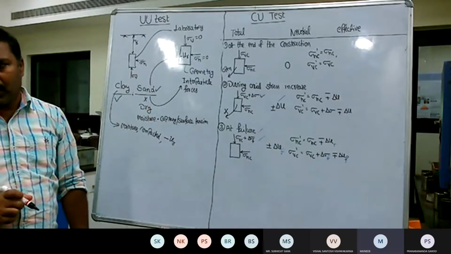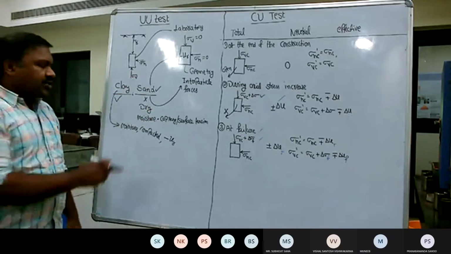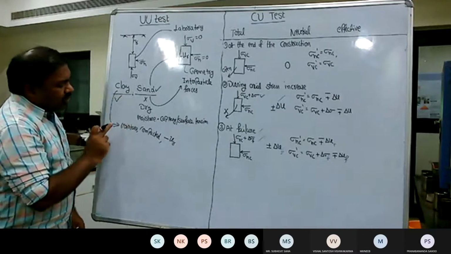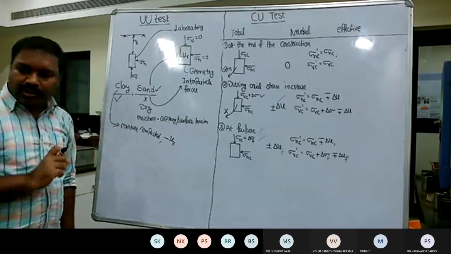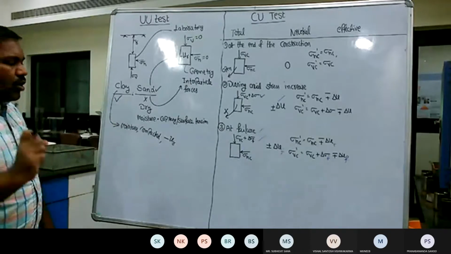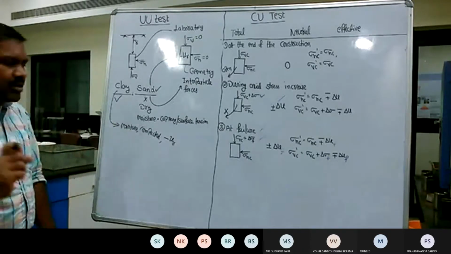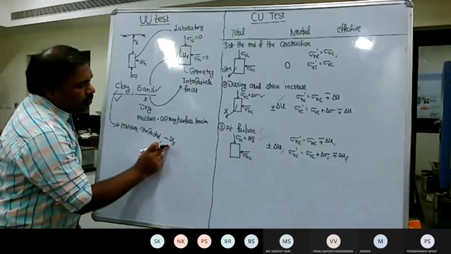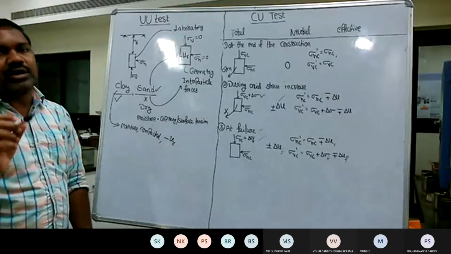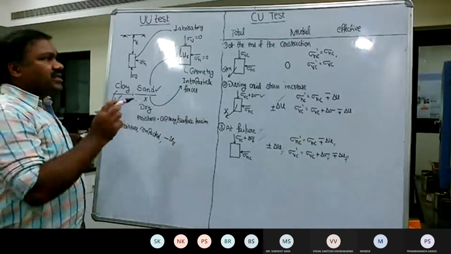So can you repeat? Okay. So just take a clay soil sample. Then you add a little bit of moisture. Then you try to compact the soil sample. So the compaction induces some kind of negative pore water pressure within the soil sample, because the load applied is not externally, not on the external geometry.